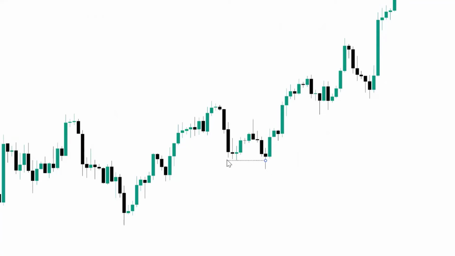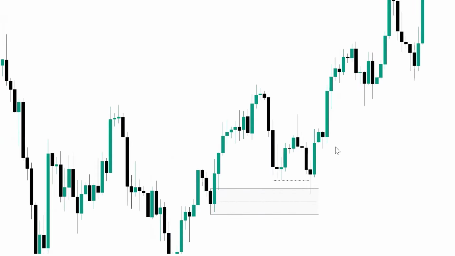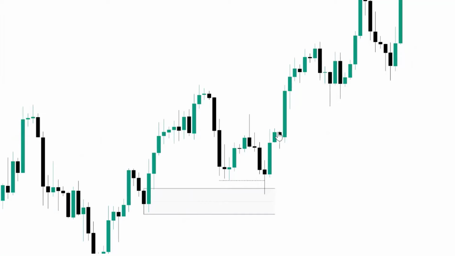Price equally sweeps the liquidity underneath the low, and it equally taps inside a strong demand level, right? Price taps inside a strong demand level. This is where we now see the reaction to the upside. Let me zoom in so you can see clearly. This is where we have the reaction to the upside, and it sweeps the liquidity above this particular high. Remember, this is actually our first target, or possibly our second target, because the first target has to be the